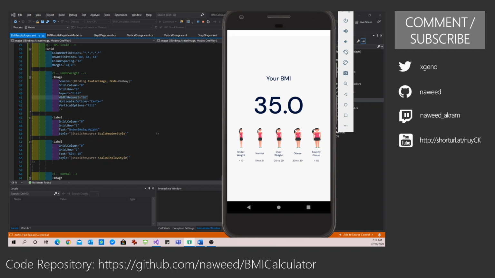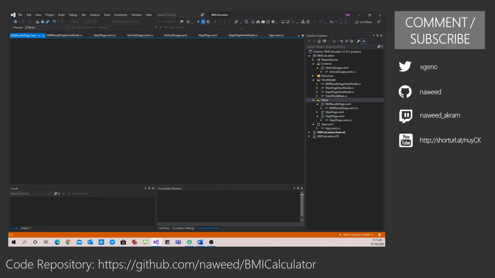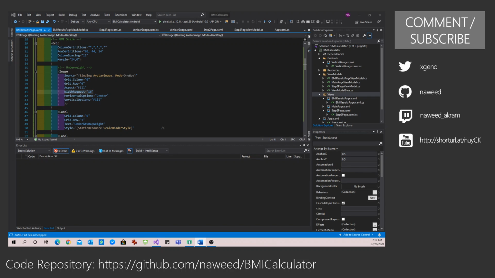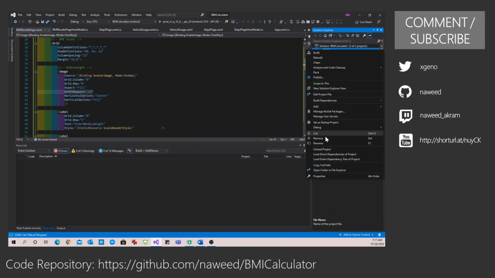A very simple way of doing this, I thought, is we can dim out everything else and only show this as the regular opacity. Everything else is dimmed out and not highlighted. This one can be achieved very simply. We can simply add a new converter. Let's create a folder first.